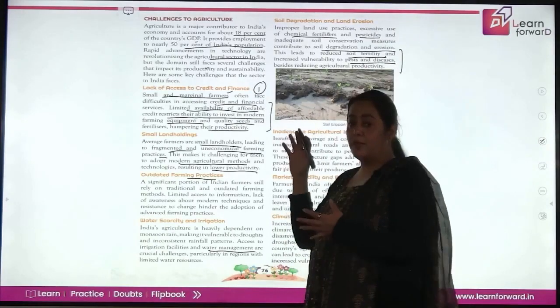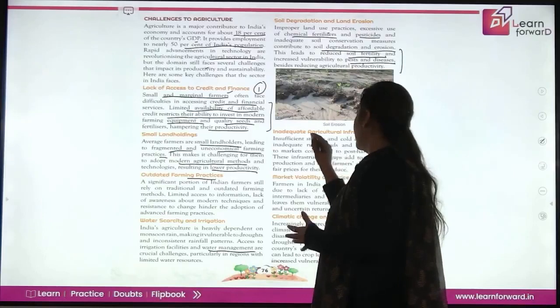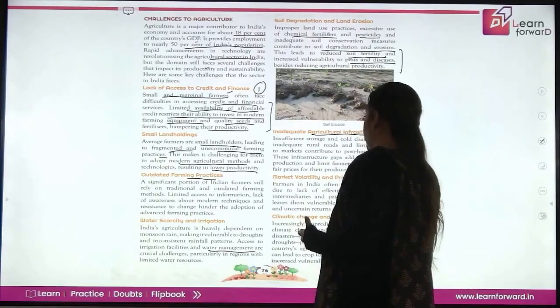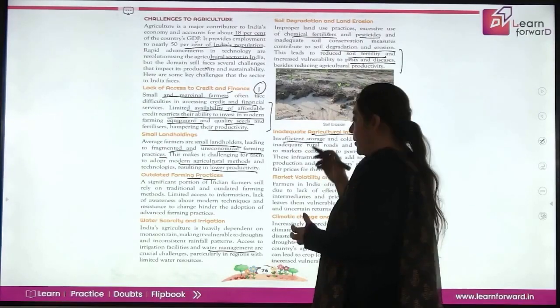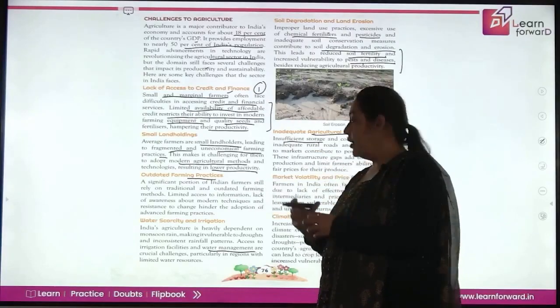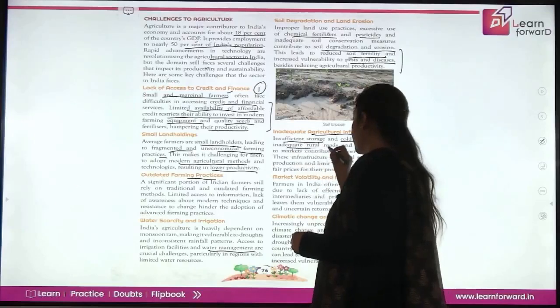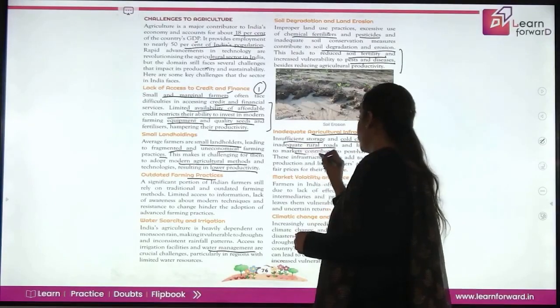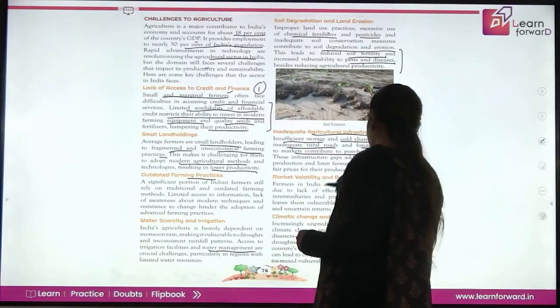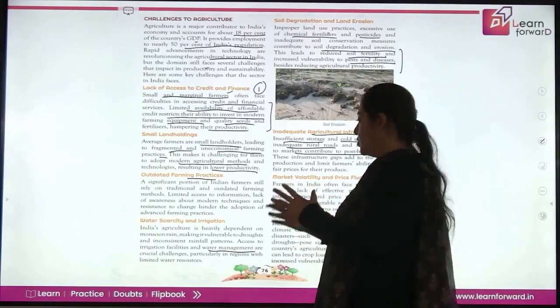लिए फार्मर्स के एक बहुत बड़ा चैलेंज है। फिर उसके बाद आया इन एडिक्वेट एग्रीकल्चर इंफ्रास्ट्रक्चर, इनसफिशिएंट स्टोरेज। अब हमने हमारी क्रॉप हार्वेस्ट हो गया, अब स्टोरेज फैसिलिटीज नहीं है, कोल्ड चेन फैसिलिटीज नहीं है, इनएडिक्वेट रूरल रोड्स है, लिमिटेड एक्सेस टू मार्केट कंट्रीब्यूट टू द पोस्ट हार्वेस्ट लॉसेस। तो ये मेजर लॉस होता है।